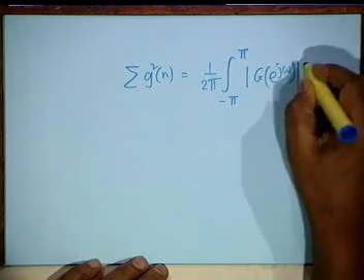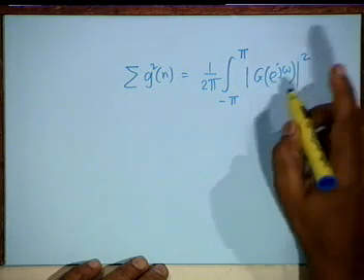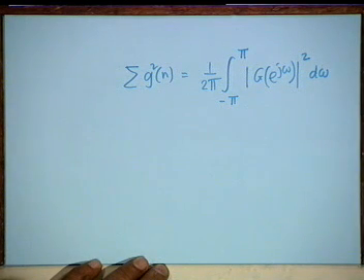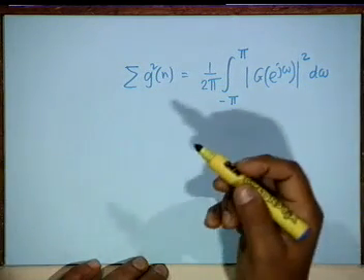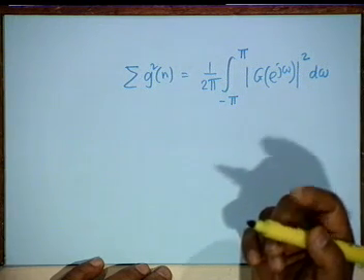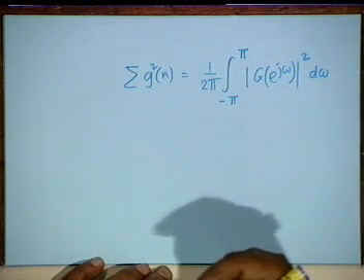We go round the circle, from minus pi to plus pi, and then we get g of e to the j omega multiplied by g of e to the minus j omega, which is its complex conjugate, and therefore we get magnitude g of e to the j omega squared. Then z inverse dz simply becomes d omega. If you put z equal to e to the j omega and differentiate, this is the result. And so we have proven Parseval's relation. Parseval's relation is a consequence of the modulation theorem of the Z transform.